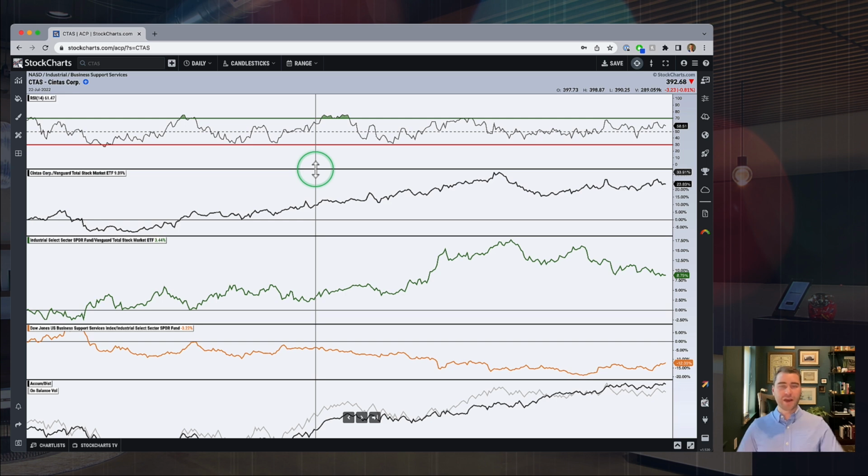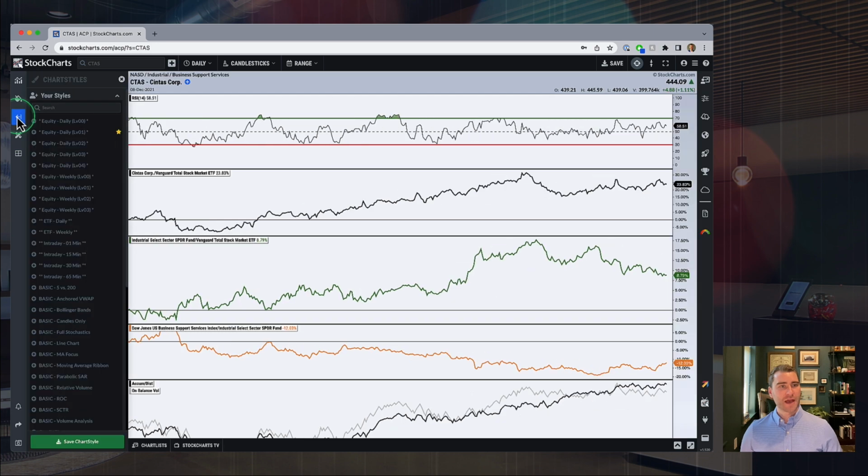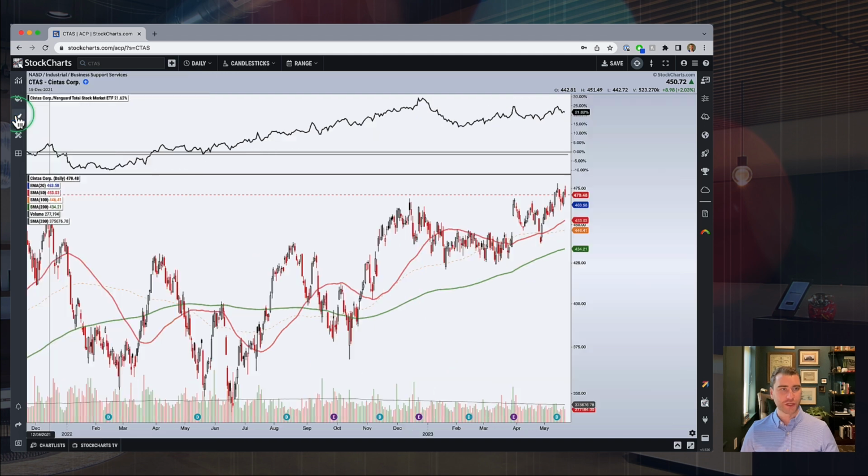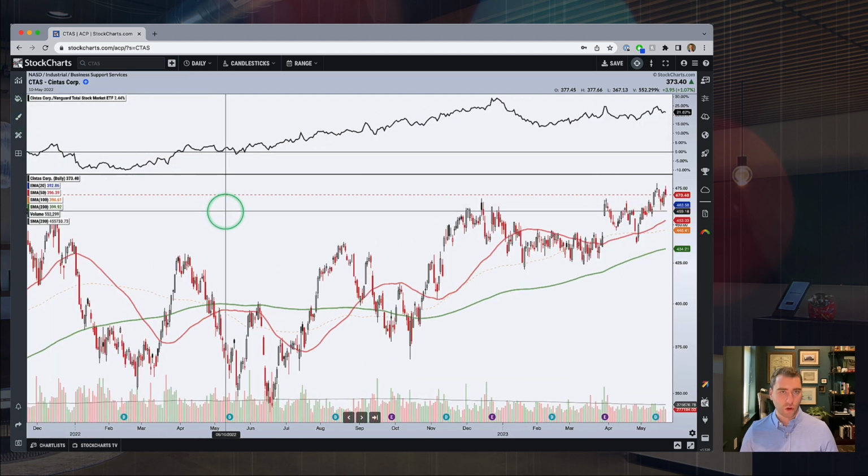So if you have an idea in ACP, you say, I wish that panel was taller, or I wish that panel was over here, you can pretty much just use your cursor as an extension of your hand, basically just reach out and do anything that you want to these charts. It's very, very cool what you can do interactively, dynamically here in ACP. I love to show people these different features. So we're going to get back to our nice, simple, clean chart for our last demonstration, which is going to be the drawer. Actually, before I jump over to the drawer,